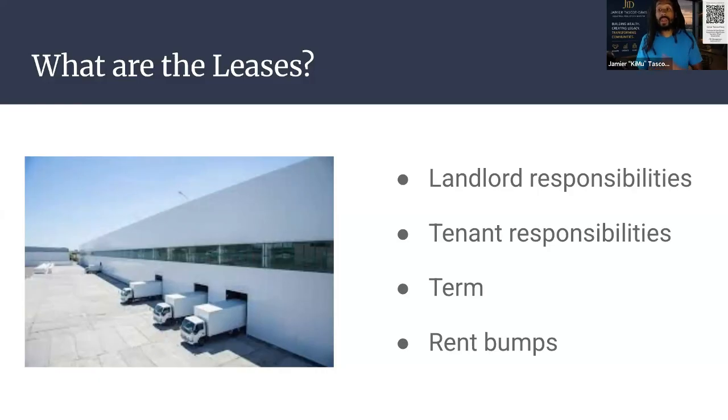And then included in that lease structure is rent bumps. I know that next year I can predict that if I'm making $100,000 on this property, next year I'll be making $102,500 on this property. So I don't have to control. I don't want to control. I don't want to have to go in and give a reason why I'm increasing the rent. It's already built in.